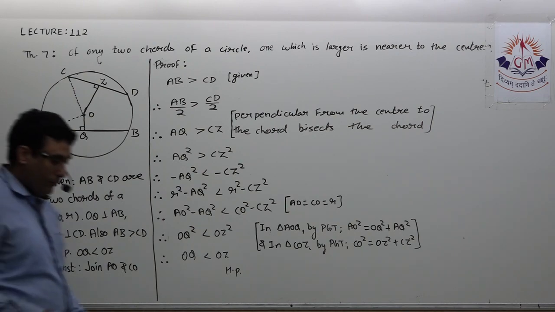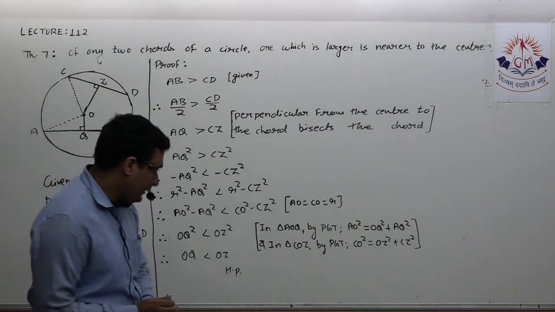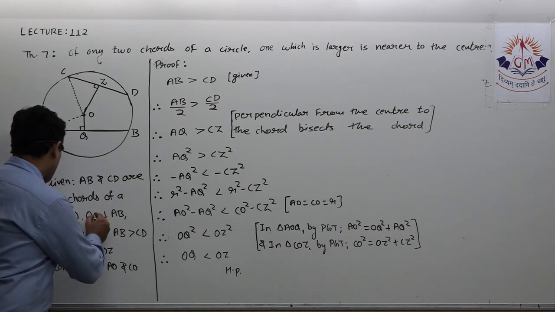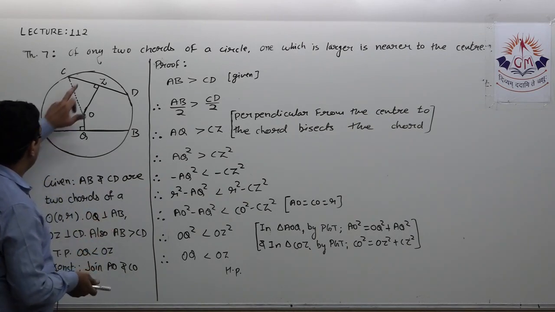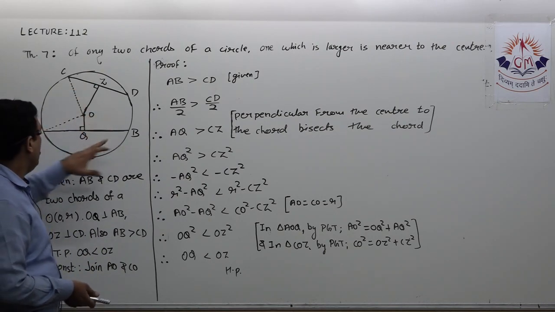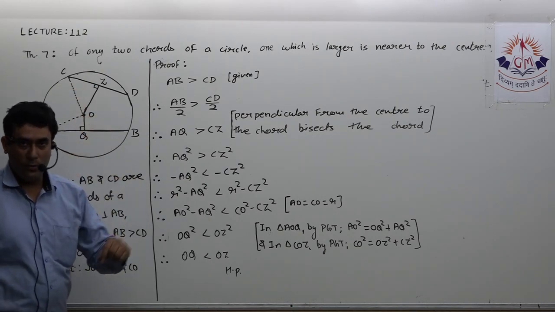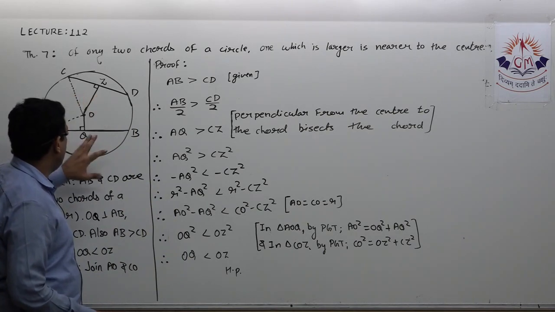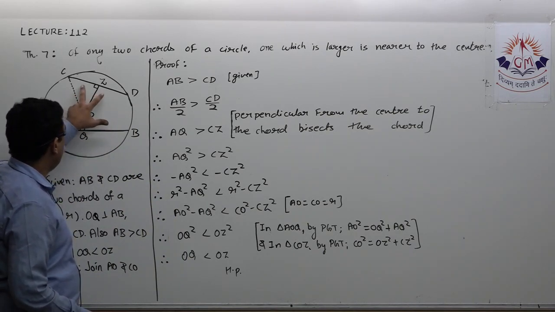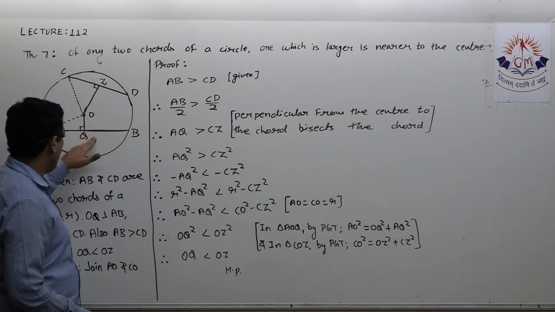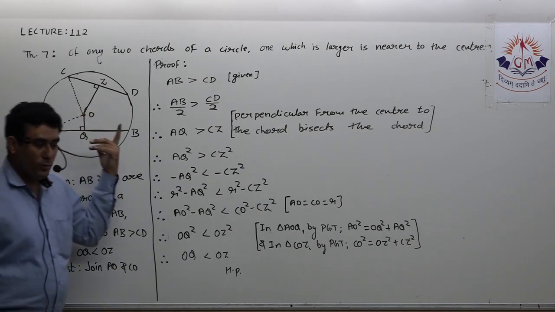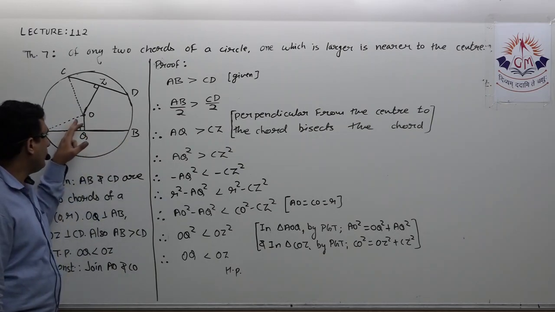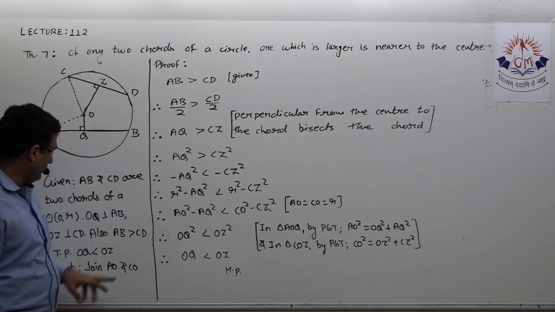Okay, now we'll see the next theorem, theorem number 8. But before that, let me explain this once again in short. Here it's given that if there are two chords in a circle, then we have to prove the chord which is longer is nearer to the center. So I took chords AB and CD, considering AB is greater than CD. Their perpendicular distances from the center are OQ and OZ. Now, according to the theorem, as AB is longer, it should be nearer to the center. That I have to prove, that means I have to prove OQ is less than OZ.